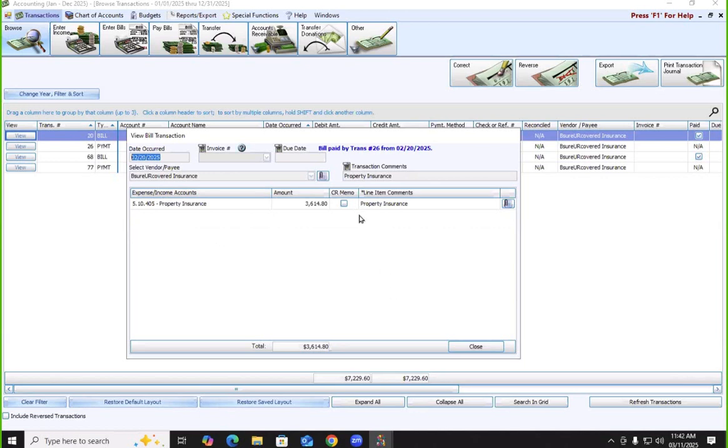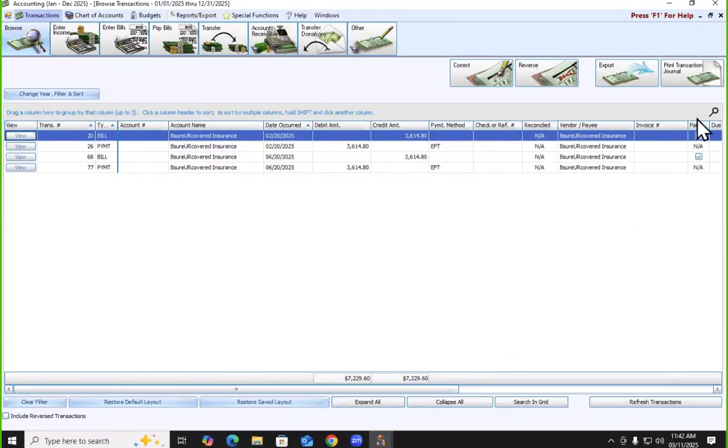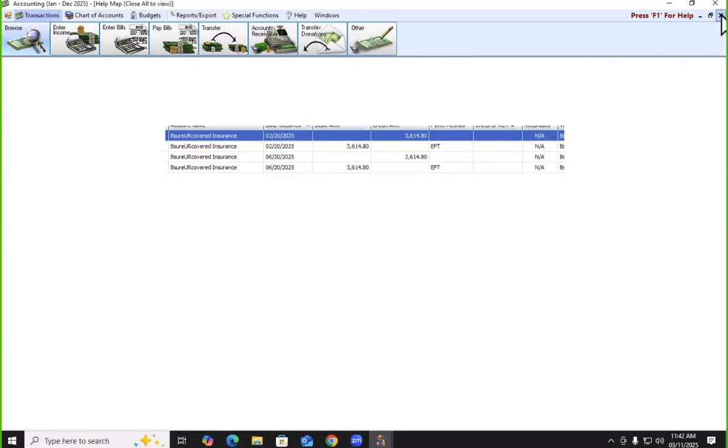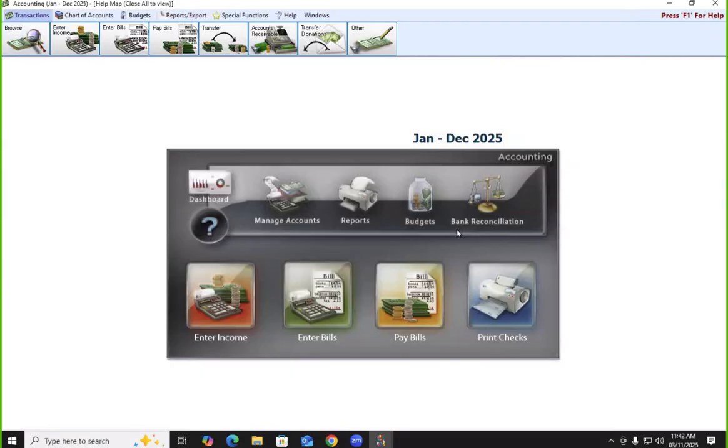Either way, however it was paid is really irrelevant. Whether it was EFT and they deposited it into my account doesn't really matter. I just have to get the expense reduced and get it into my asset account for my bank reconciliation as a deposit. And how I do that is I go right to Enter Bills,